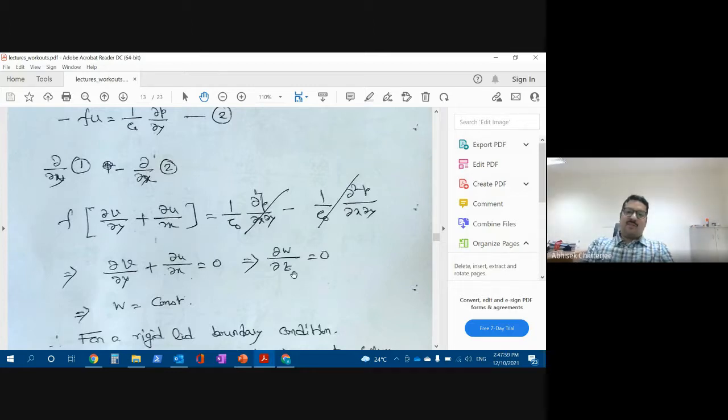So in this case we got ∂w/∂z equals 0. So it means w is constant with respect to the water column. Fine. Now, what is the consequence of that? The consequence is that w is constant everywhere from surface to the bottom. Now, at the bottom, you cannot have w, because the bottom is not moving. So there is no w. So w is zero there.